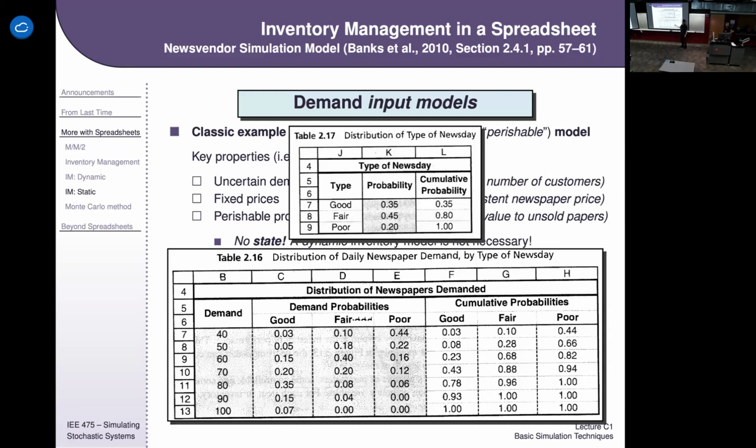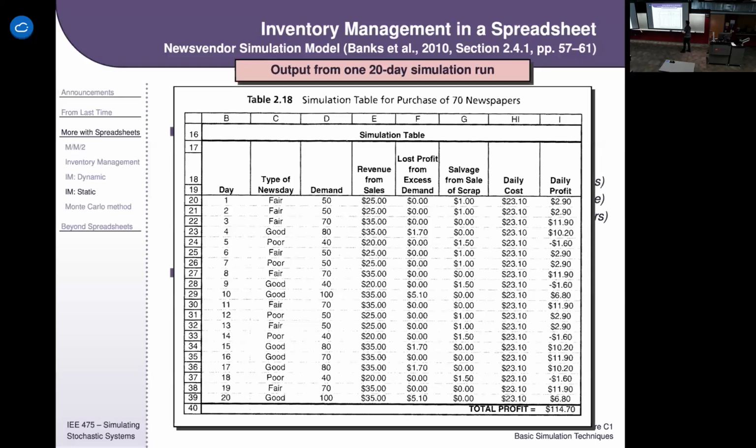We've chained together these distributions. And so, this is something, again, that our little back of the envelope model is nowhere near, right? So we've got this cool demand distribution stuff. We can then generate a spreadsheet here, which basically tells us for every one of these days, for 20 days, what our revenue from sales is. So this is for 70 newspapers. So this particular output is saying, given that we're just going to buy 70 each day, then we've got the